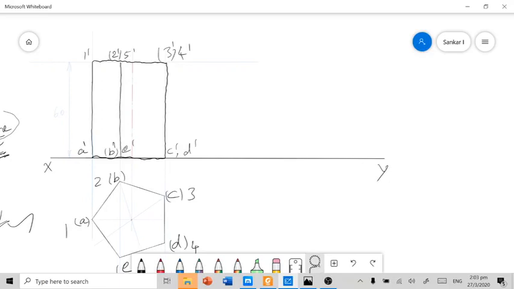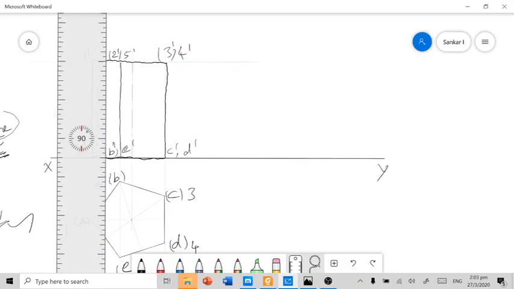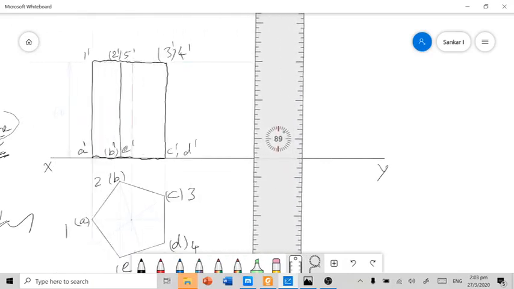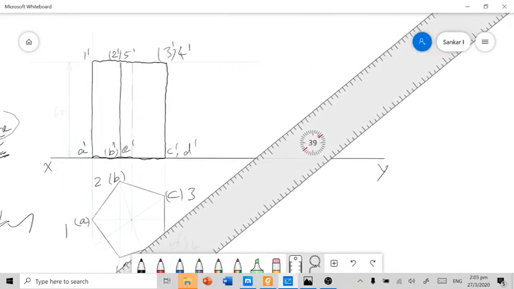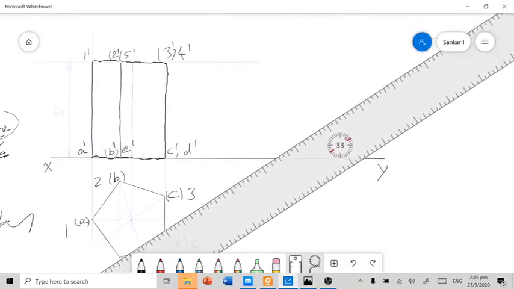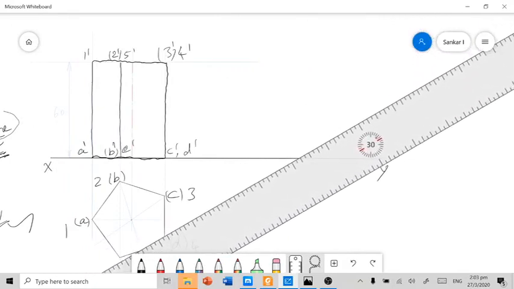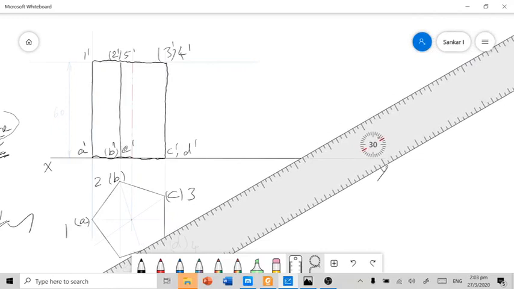Before doing that, you have to draw a pilot line which will guide you to tilt it. The angle of inclination here is 30 degrees to HP. So first I am drawing a pilot line with a 30-degree inclination with HP.